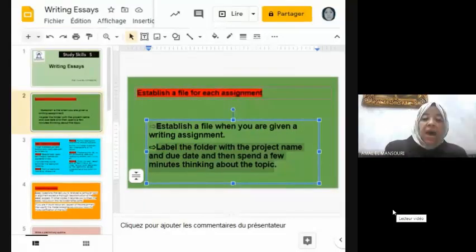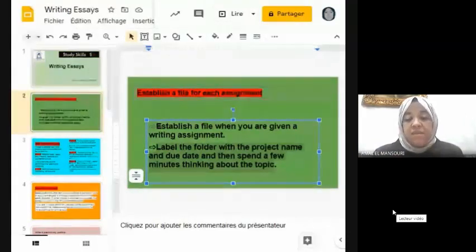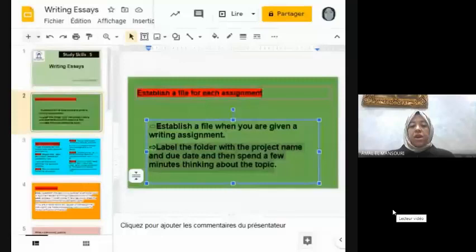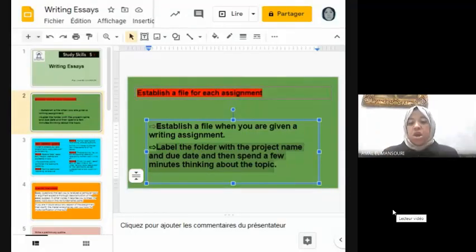Now, if we want to talk about planning your answer, I would strongly recommend that you plan your answer before you start writing your assignment. This will make the writing process far easier. A plan will help you to produce a clear, coherent, and well-structured assignment. You stay focused on answering the question and stick to the main points that you want to make.